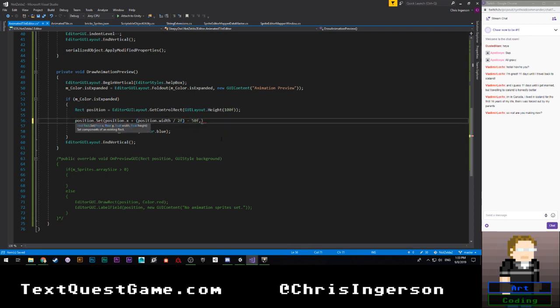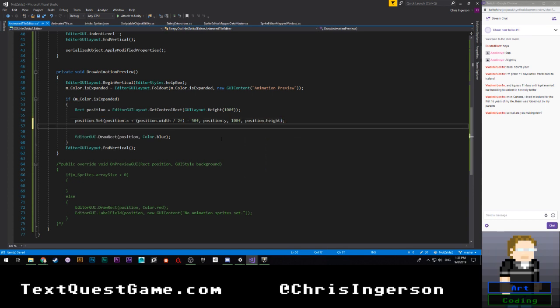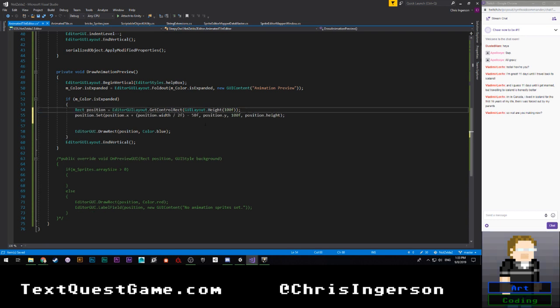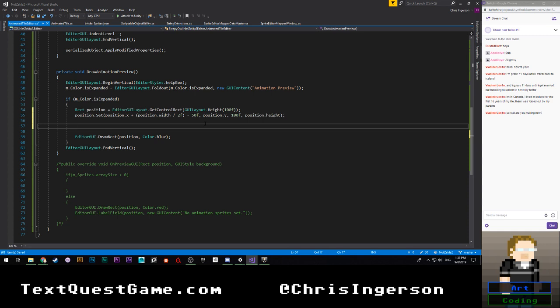Okay, I'm going to say position.y. We're going to say 100f is the width, followed by position.height. Pretty straightforward. And then this is going to be interesting. EditorGUI.DrawTextureTransparent, I think is what we want. And we're going to need to give it position followed by our image, which is going to be,